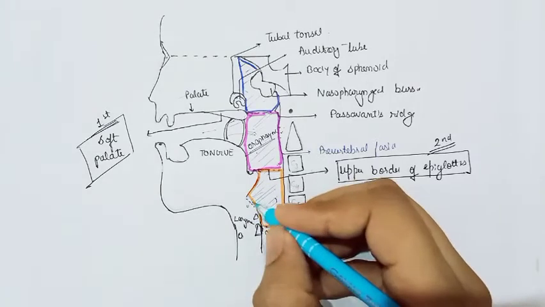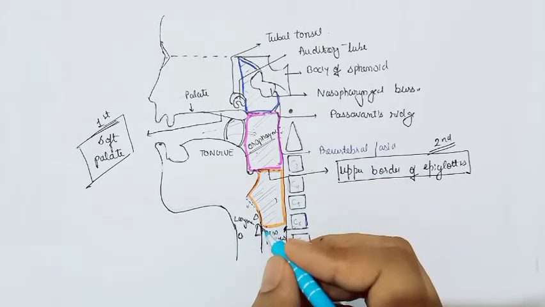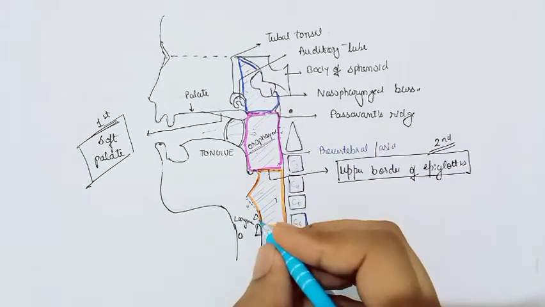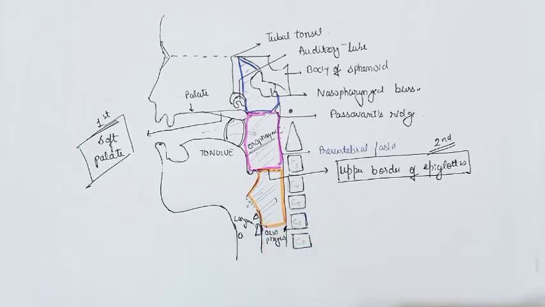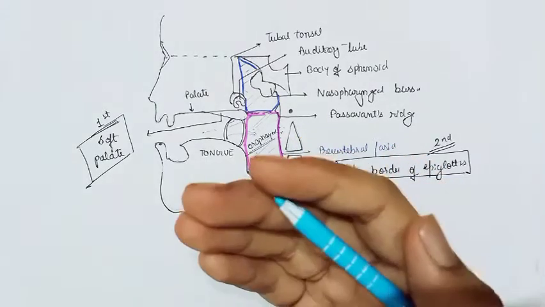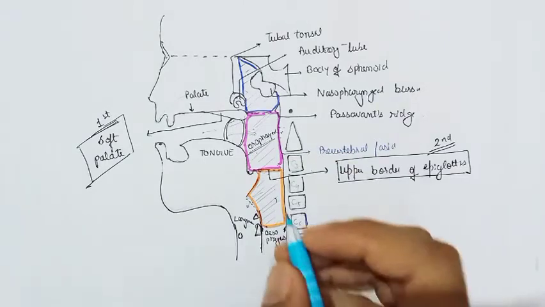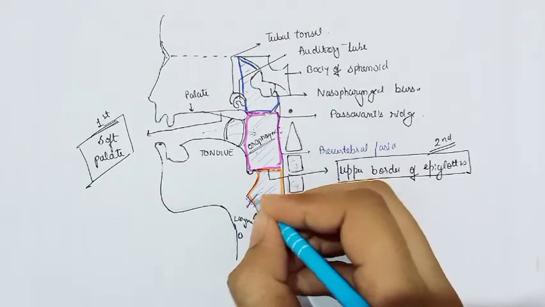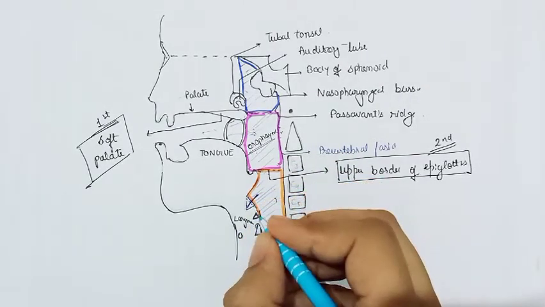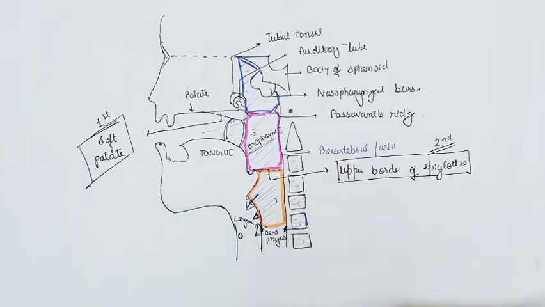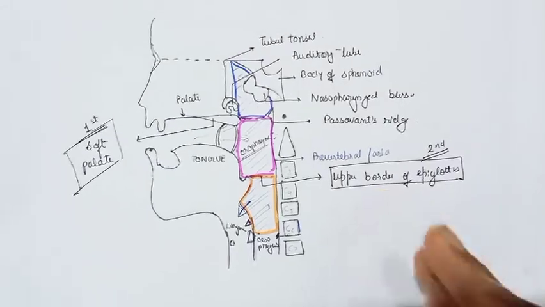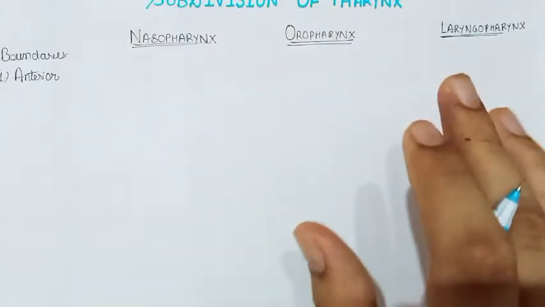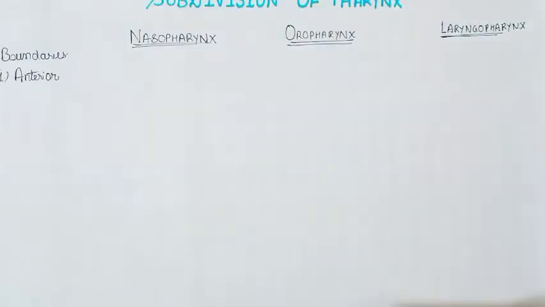inlet of the larynx. You can see over here the posterior surface of the cricoid cartilage and the arytenoid cartilage above it. So we have three structures of the anterior wall in case of the laryngopharynx, that are the inlet of the larynx. This is the inlet of the larynx. We have the arytenoid cartilage and the cricoid cartilage. So let's write down all this relation, especially the laryngopharynx relation you have to keep in mind.